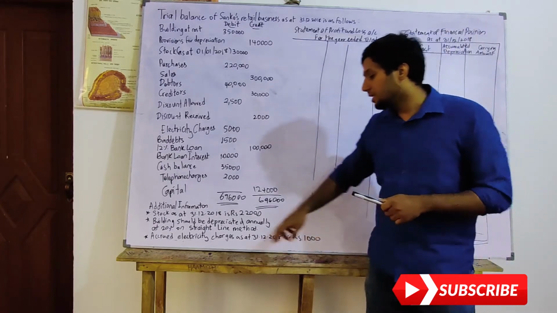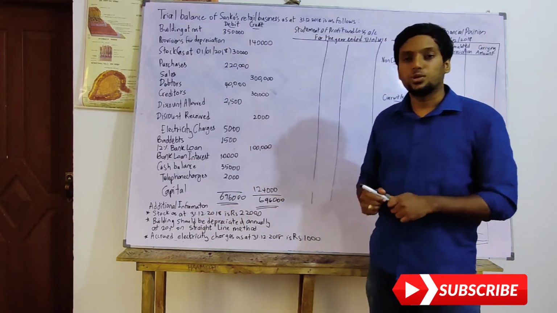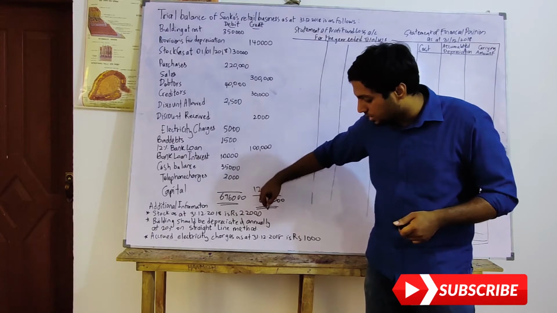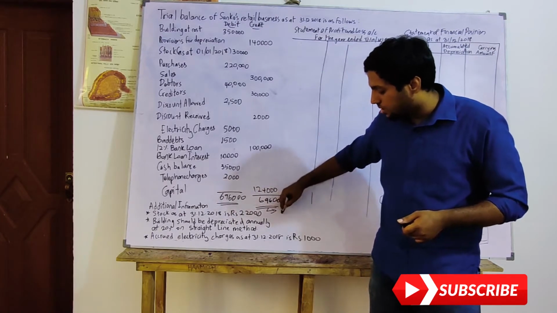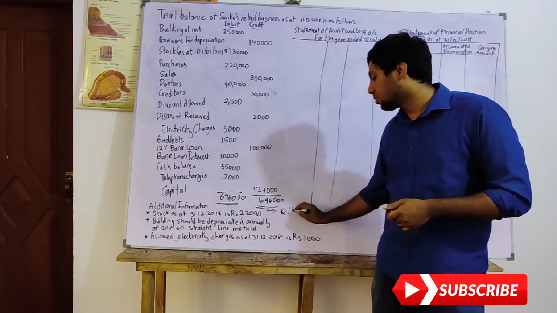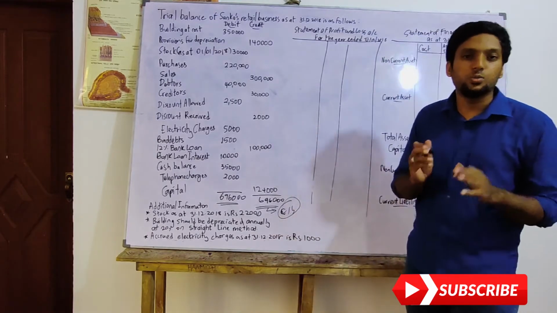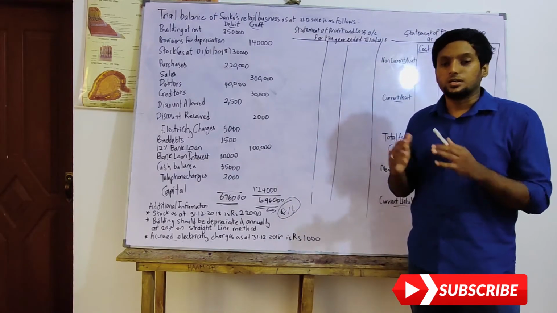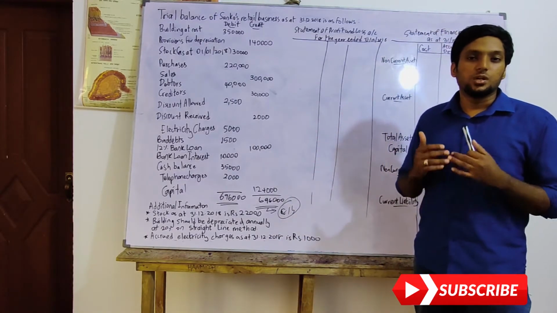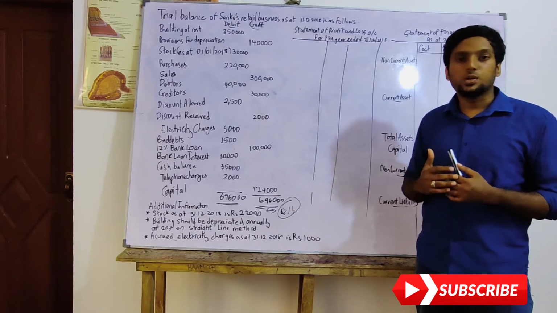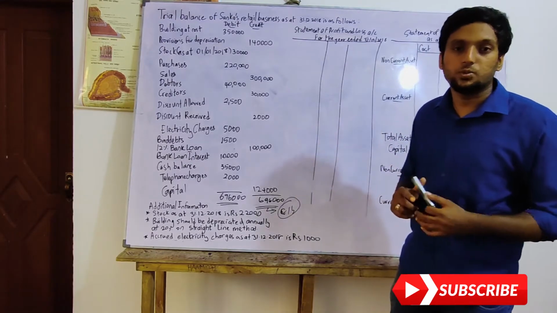So now they are saying 31st December 2018. You need to understand this 22,000 is the closing stock. So where do I put the closing stock? There are only 2 places where I want to put the closing stock. Putting this in 2 places will give you 2 marks on your paper. So let me teach you where to put this closing stock.